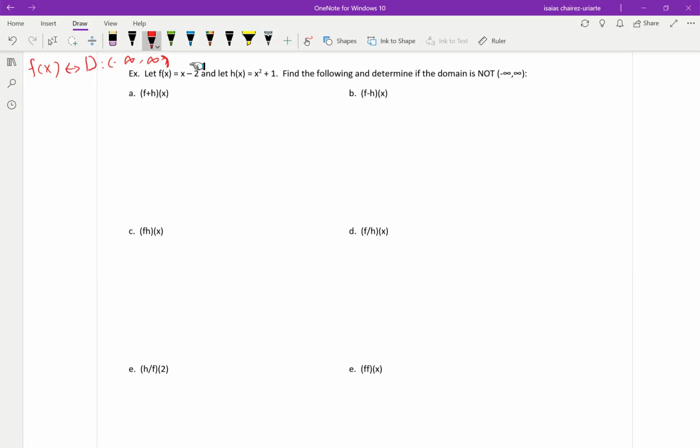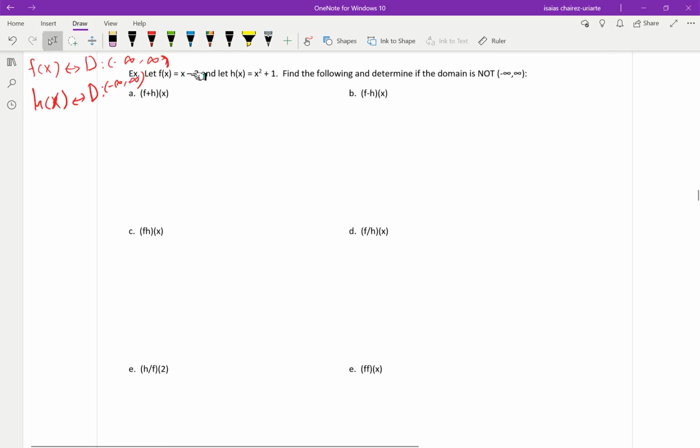Yeah, that's the domain for my top function up here. For h of x, it's the same thing. For h of x, my domain is also negative infinity to positive infinity. Okay, so just keep those in mind, because they're going to ask you to find the domain of some other